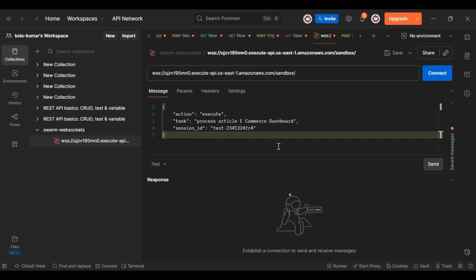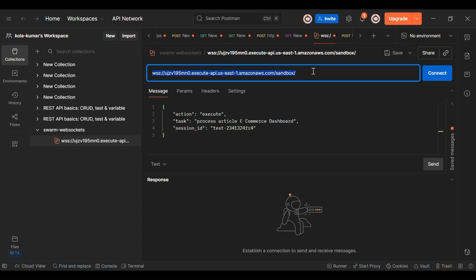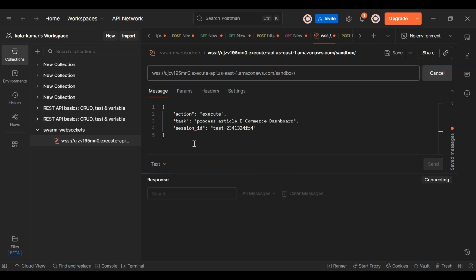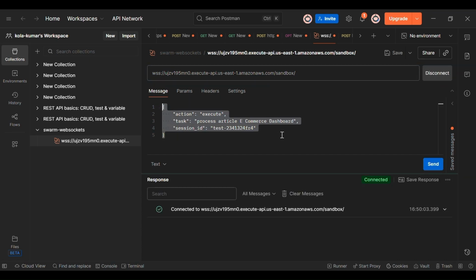Okay, let's get this one. This is our WebSocket API gateway link. We will first connect with it, and this is the initial payload that we'll be sending. As you can see, the WebSocket is connected, and the action is execute. So it will go through the execute route in our API gateway, and this is the prompt that we are giving: process article e-commerce dashboard, because e-commerce dashboard is the name of our article in the knowledge base, and just a session ID. So we will send this request